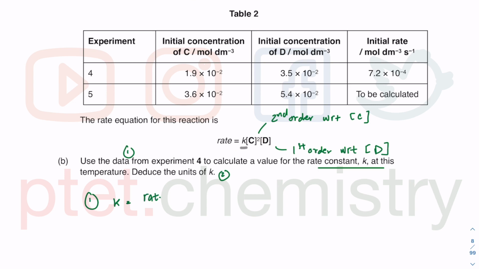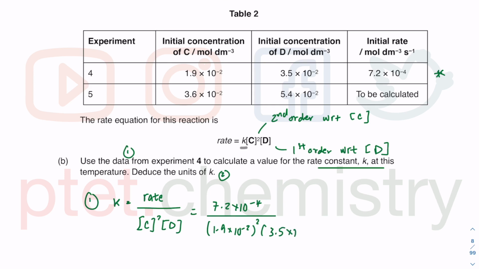So there's rate divided by concentration of C square and then D. So I'm going to use this particular experiment 4 result. So that's 7.2 times 10 to the minus 4, dividing that by 1.9 times 10 to the minus 2, the whole thing square, then 3.5 times 10 to the minus 2 to the power 1. So it's a bookkeeping exercise. Make sure you know how to press your calculator correctly, as well as very quickly, and without making any mistake at all. So I got